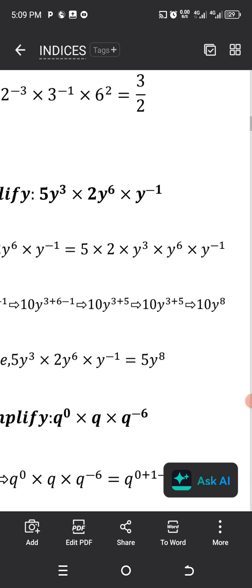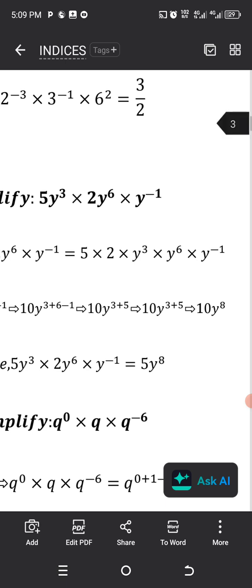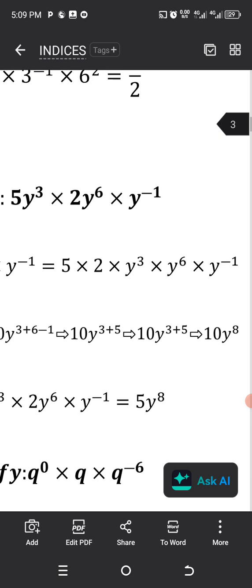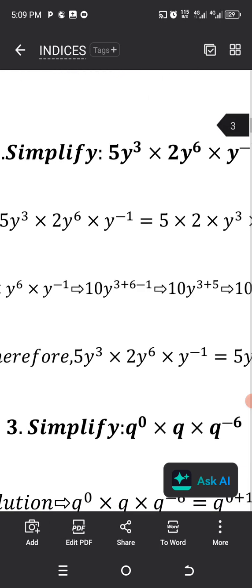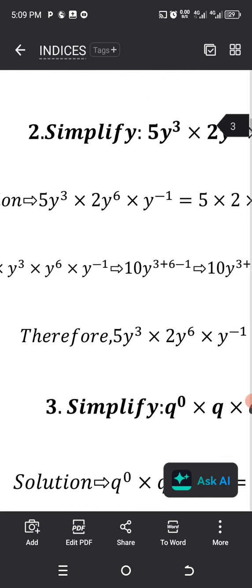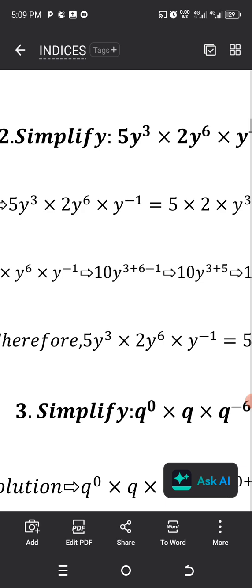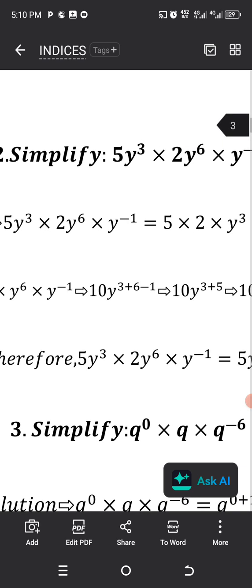Then we also collect the ones with index. That is y, and they are having the same base. So which is 5 multiplied by 2 multiplied by y raised to power 3 multiplied by y raised to power 6 multiplied by y raised to power minus 1. And from there, we have 10 because 5 times 2 is definitely 10. So we have 10